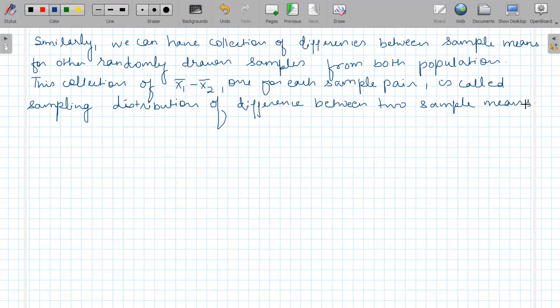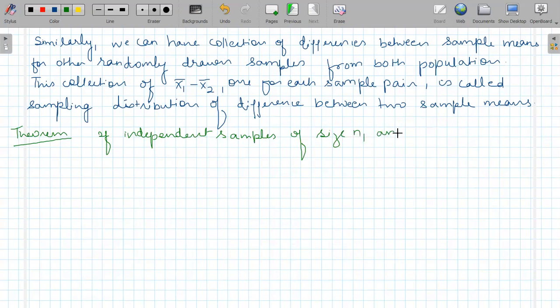Now we can state a theorem which is an extension of central limit theorem, which can be applied on this sampling distribution of difference between two sample means, which says that if independent samples of size n1 and n2 are drawn at random